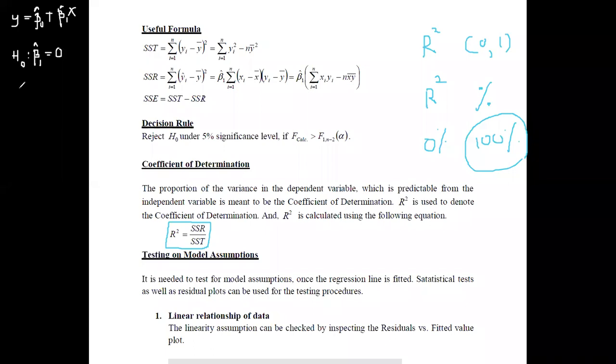Thereafter, what we can do is check this using the F statistic, and thereafter you have to use the R squared. R squared says how good the fitted model is. If this value is very close to 1, then we can say it is a very good model. If it is around 0 or somewhere around 30% to 20%, or 0.2 to 0.3, then we may say that it is not that appropriate a model for this set of data.